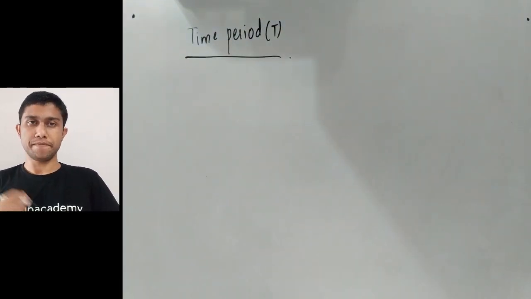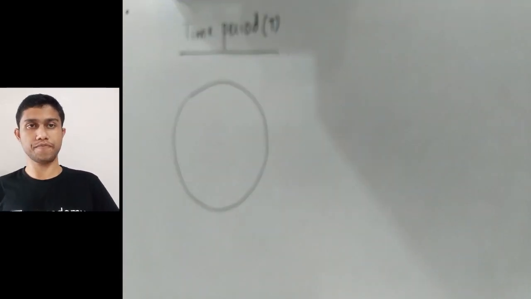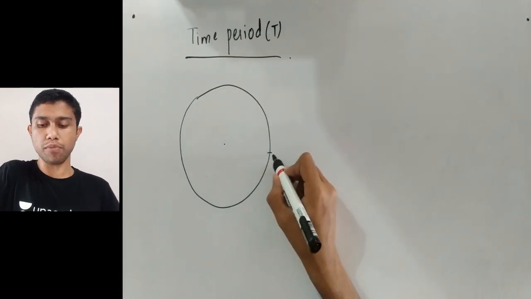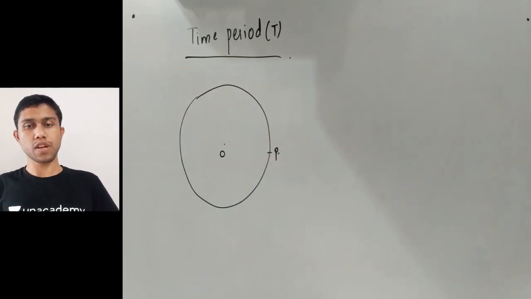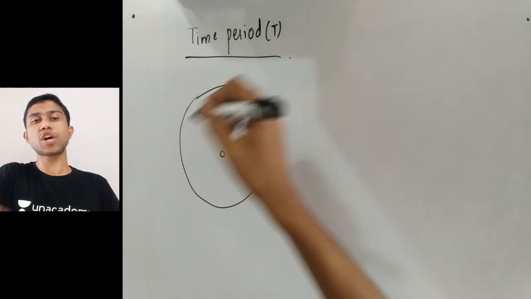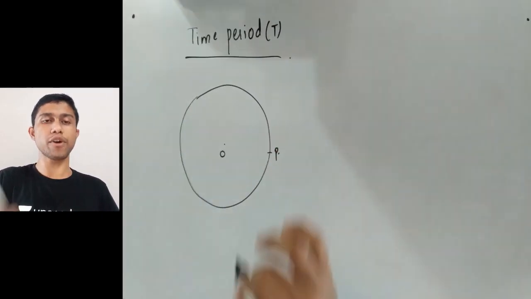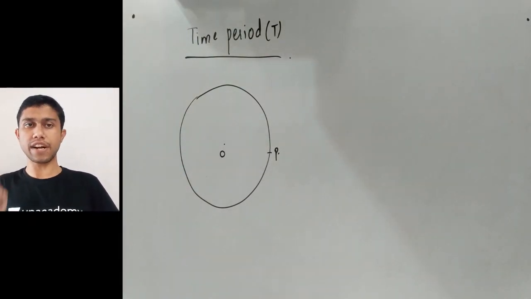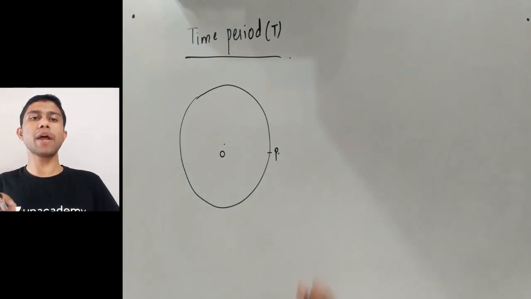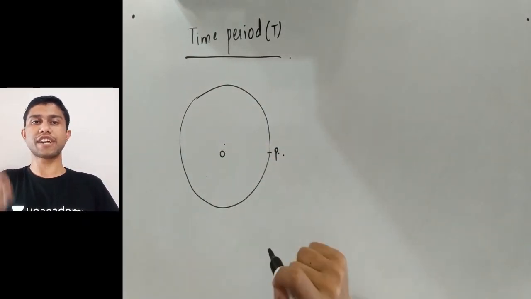So what is a time period? We'll see it diagrammatically. So this is the circular path. The particle is again starting at point P. Okay. Now, and the fixed point is O. Now it is going to make one complete round. Okay, it will start from P. It will go and stop again at point P. In this way, it will complete a 360-degree angle. That is 1 turn. So the time required for the particle which is starting from point P to again end at point P is called the time period.